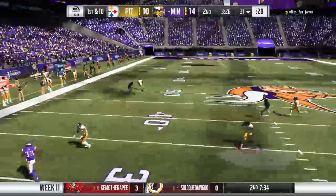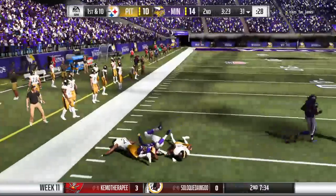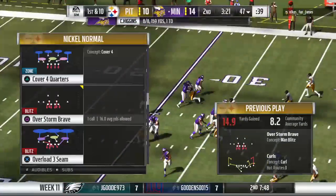On 1st and 10, Higgins. He's got that one complete to Darboh. And he slips up past the 45 before being